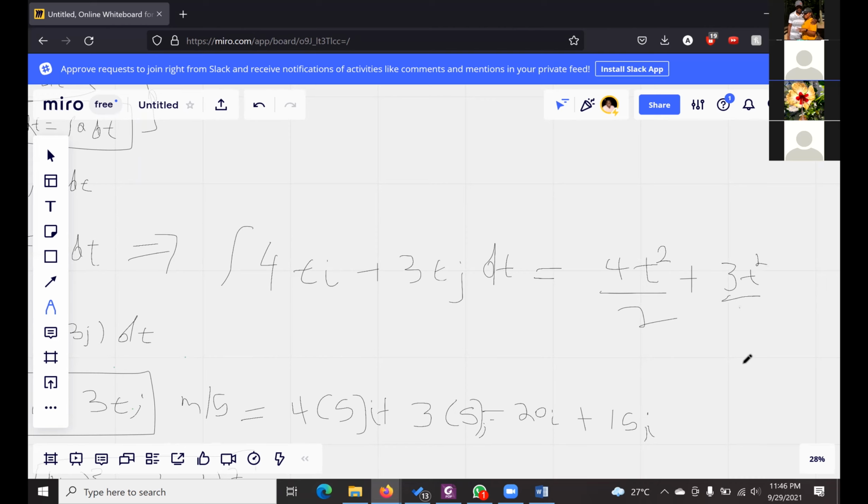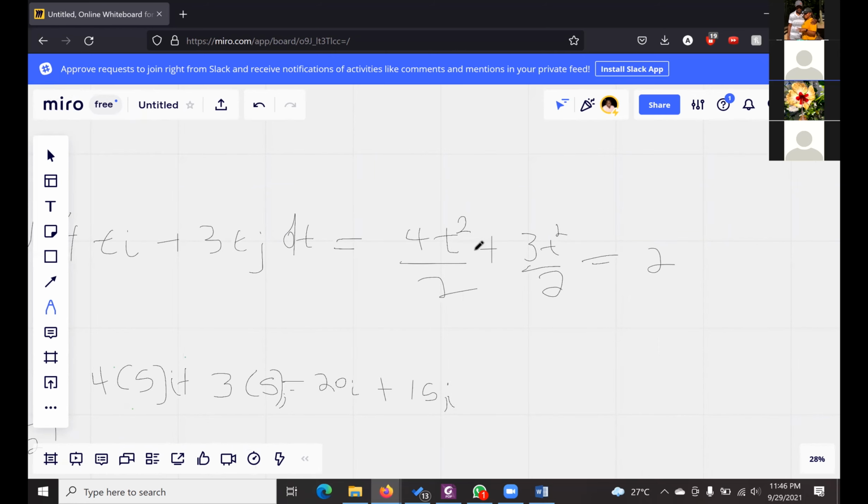No, we know that 4 over 2 is the same as 2. Don't drop an i. I'm saying it because I'm doing it. Sorry about that. Don't drop the i and don't drop the j. 4 over 2 is 2t squared i plus